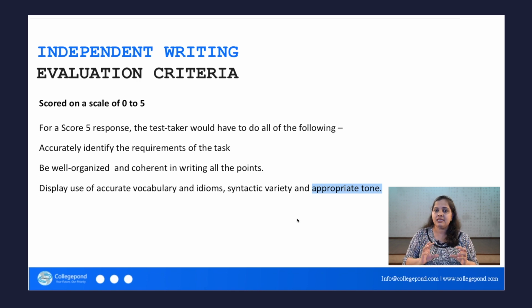So yes, in this task, you can use a little bit of a personal touch, but do not mistake that to be an informal tone. That's a fatal mistake that you can make. Do not use slang or contractions or anything which makes this very informal. Try and use a personal tone. You can definitely use personal examples, that's completely all right, but maintain the professionalism, maintain the correct way of writing or the standard way of writing.